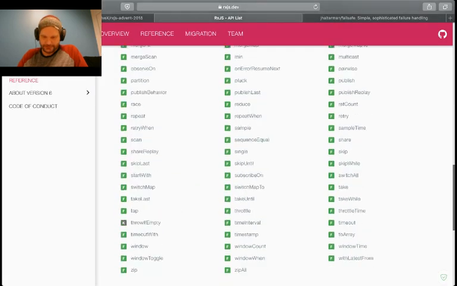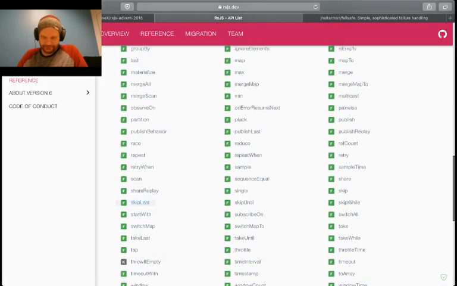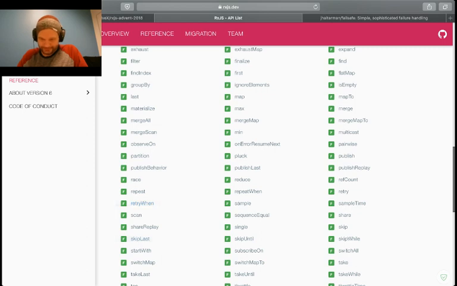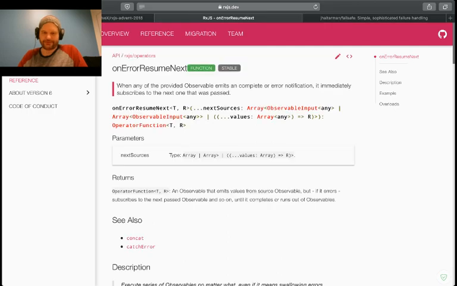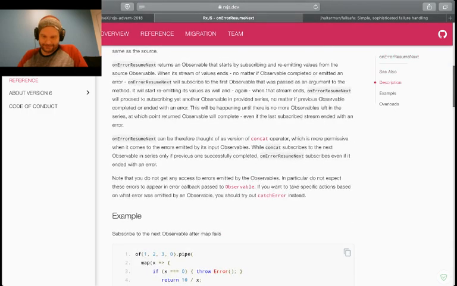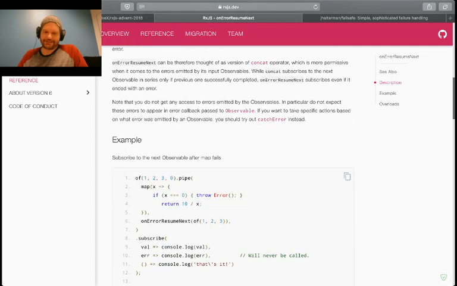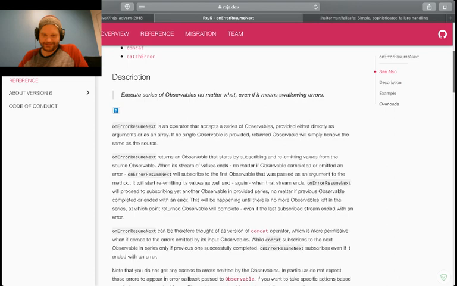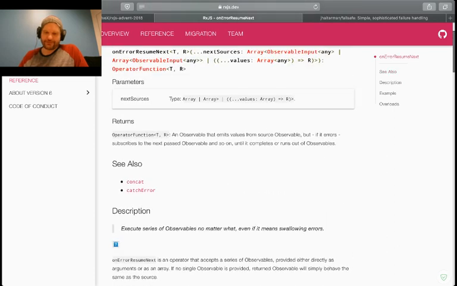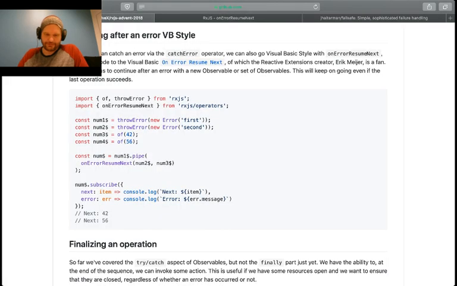And if we take a look at on-error resume next, I don't imagine there would be much data here in terms of why you would use it or how you would use it, but there is. So it can be considered a concat operator with error handling, and that's absolutely true. It can. So it will swallow the error from the previous one, and it will continue with the next sequence. So we can run through this particular example here, switching back to our code,